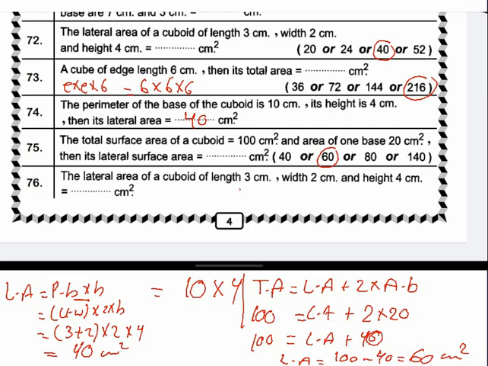Lateral area of cuboid 3, 2, 4, the same: perimeter of the base times height, 3 plus 2